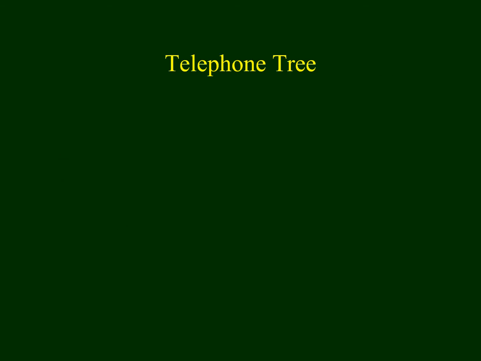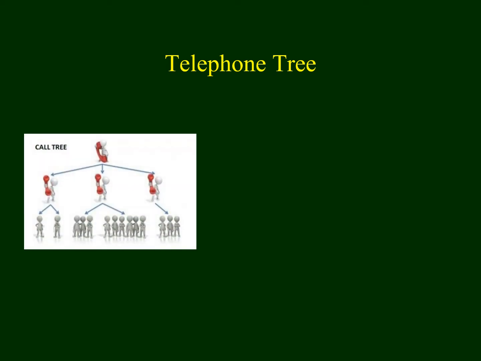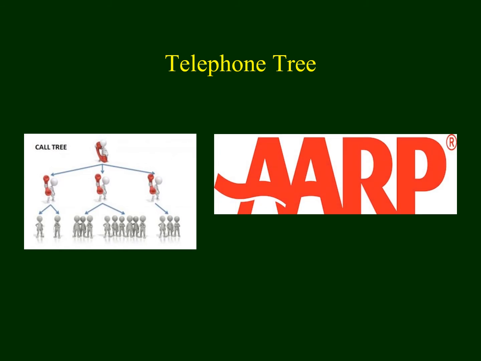You may or may not be familiar with the way a telephone tree works. This is how one organization does it. They make a decision that they're going to mobilize their members, and so they have one person make a phone call to 3 or 4 people, and then those 3 or 4 people make phone calls to 3 or 4 more each, and then all of those individuals call 3 or 4 more people, and then they place pressure on elected officials to try to take action on a particular topic.